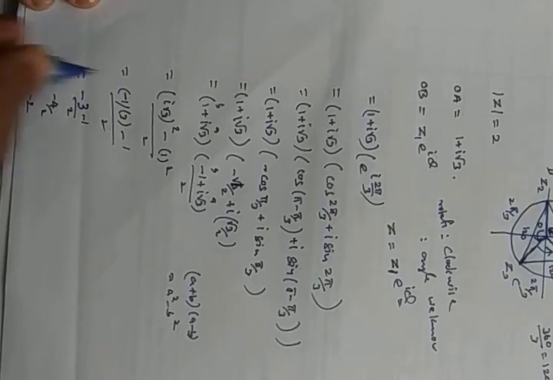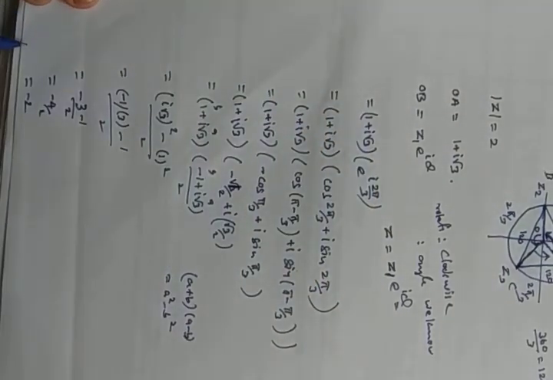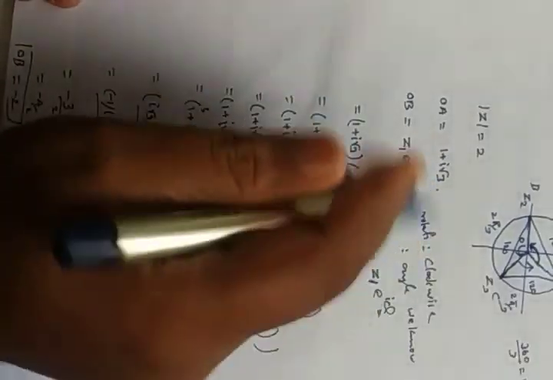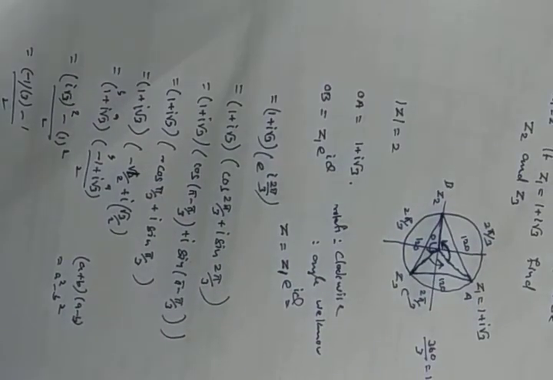So therefore the OB value you got it. Minus 2 we are getting, OB value is minus 2. This is another, and OA is already the complex number. Okay, next one, the third, we have to do the same thing.